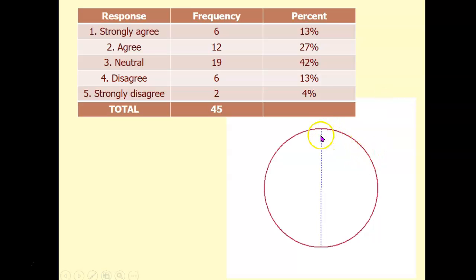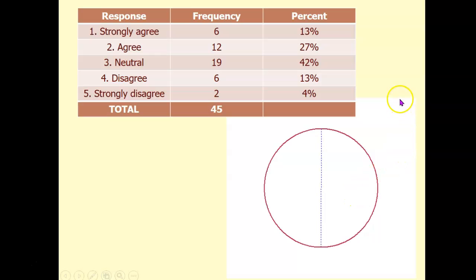If you divide the circle in half, just split the pie into 2 equal halves, each one of those halves would be 50% of the pie chart. So if any one of these said 50%, that would just be half of the circle. Now actually all of these are less than 50%, so each one of these is going to be less than